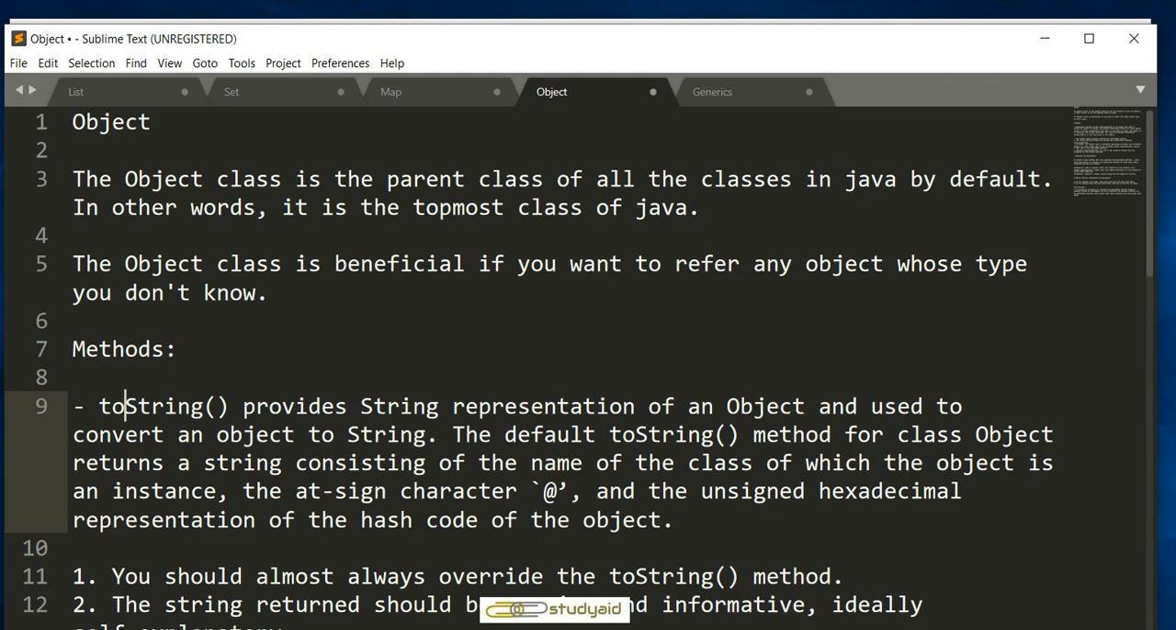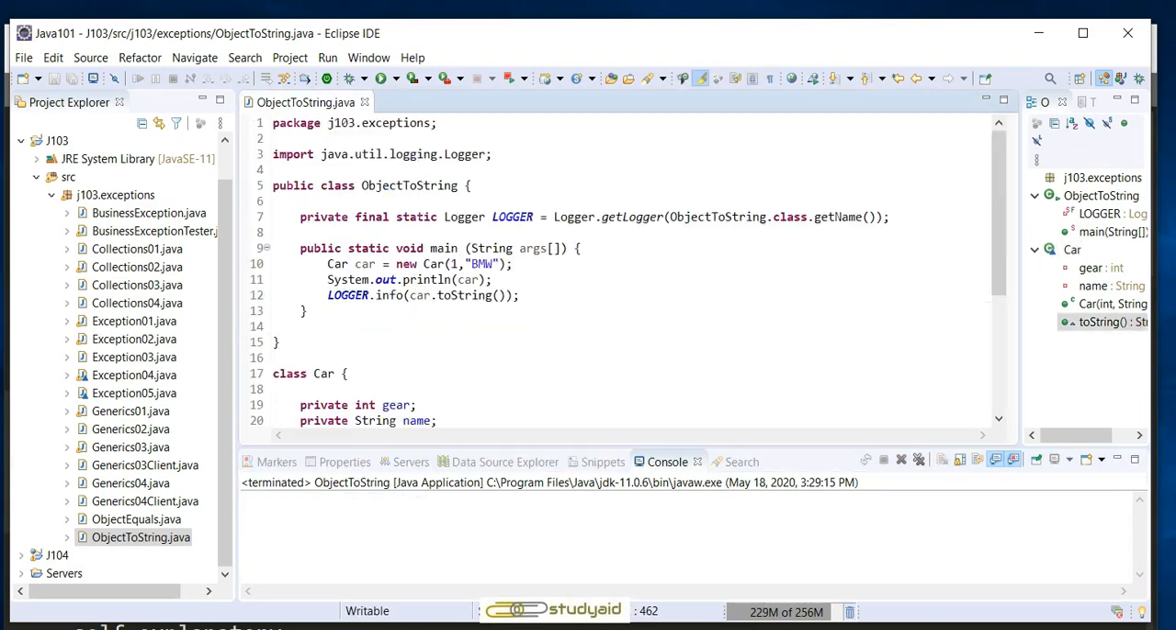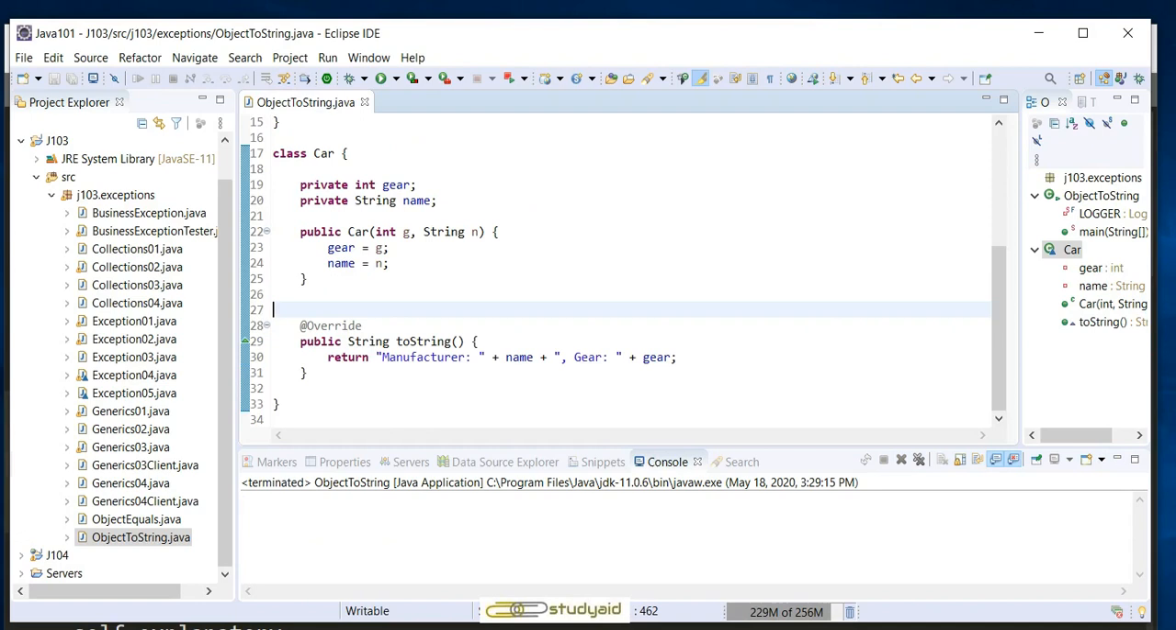The default toString method for class object returns a string consisting of the name of the class of which the object is an instance, the @ character, and then after that an unsigned hexadecimal representation of the hash code of the object. So let's see here, and this is a class I have written,